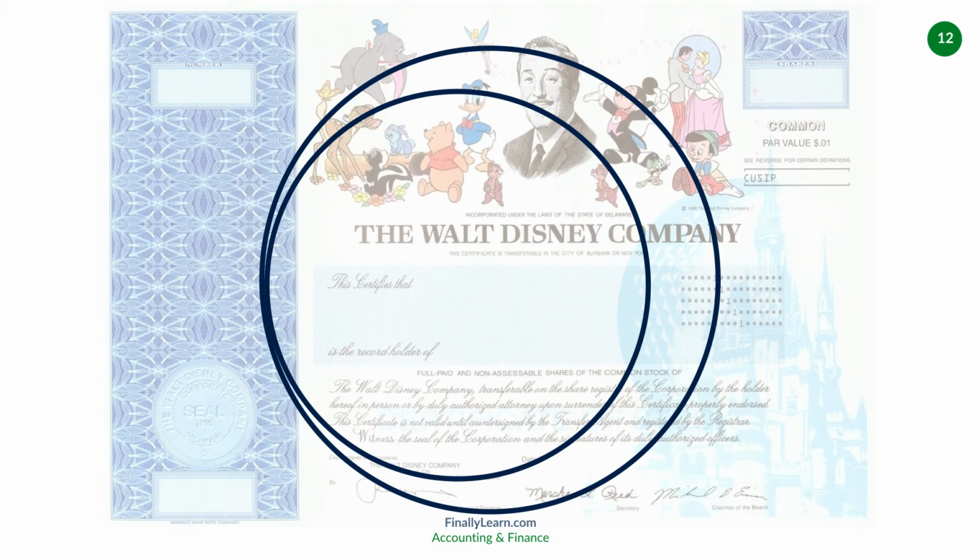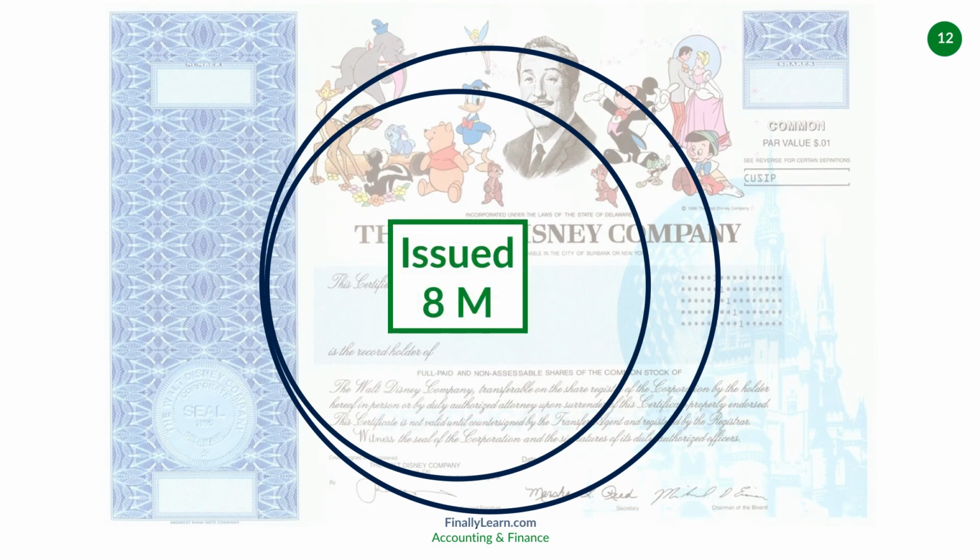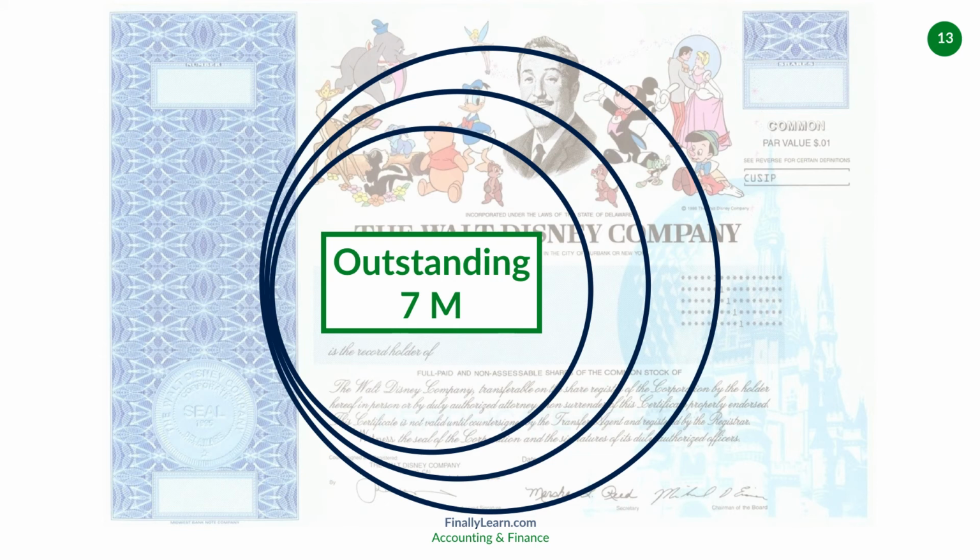Now, a smaller set of that number would be shares issued. These are shares that have been sold at one point. The first was 10 million authorized. Now we have issued 8 million. Sometimes a company will issue shares and then repurchase them, or a stockholder would sell the stock back to the company, and so therefore we'd have a smaller number that would be shares outstanding. So in this case, 10 million shares authorized, 8 million issued that have been sold before, and outstanding